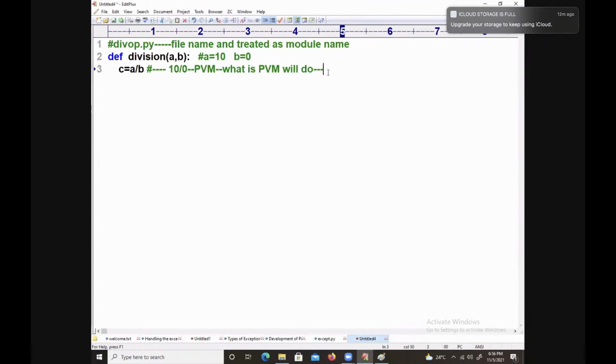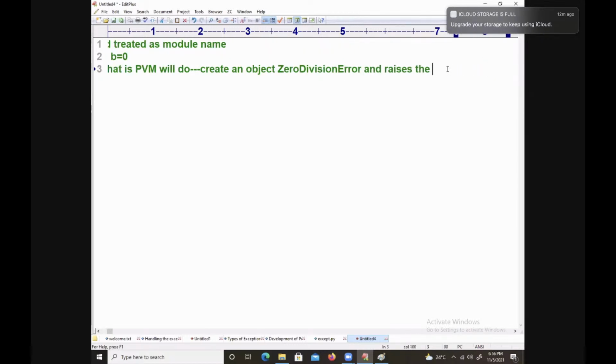What will the PVM do, you know? It will raise the exception. It creates an object of which one? Zero division error. And it raises the exception automatically, because it is a predefined exception.